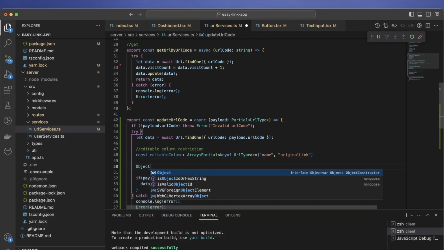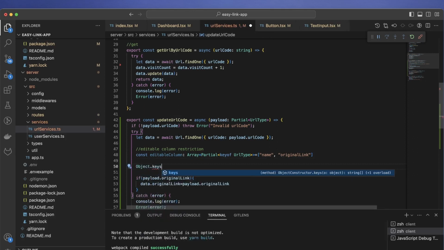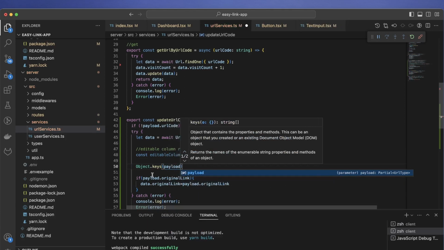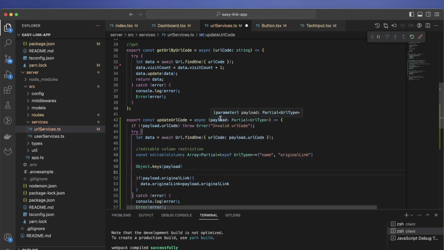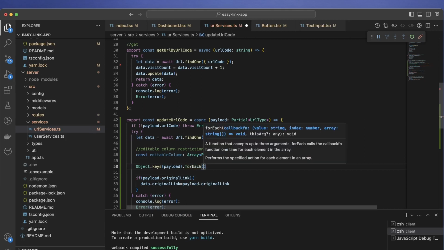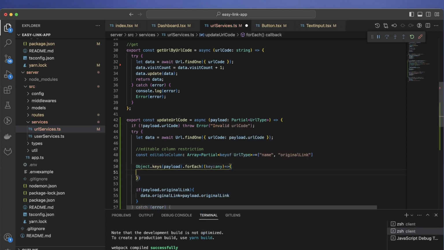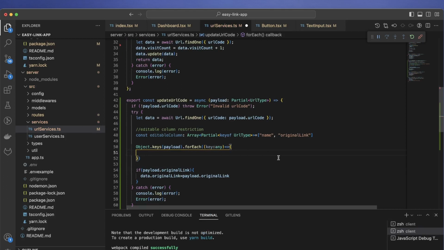So now let's do a little bit of clever way here. So what I want is object keys of payload. So payload is whatever the payload we are passing, so we want to loop it, we want to get it, and for each of those key, I'll just do key and any. Sounds funny because I'm using TypeScript and then I'm doing any, but we can also do something else later, but